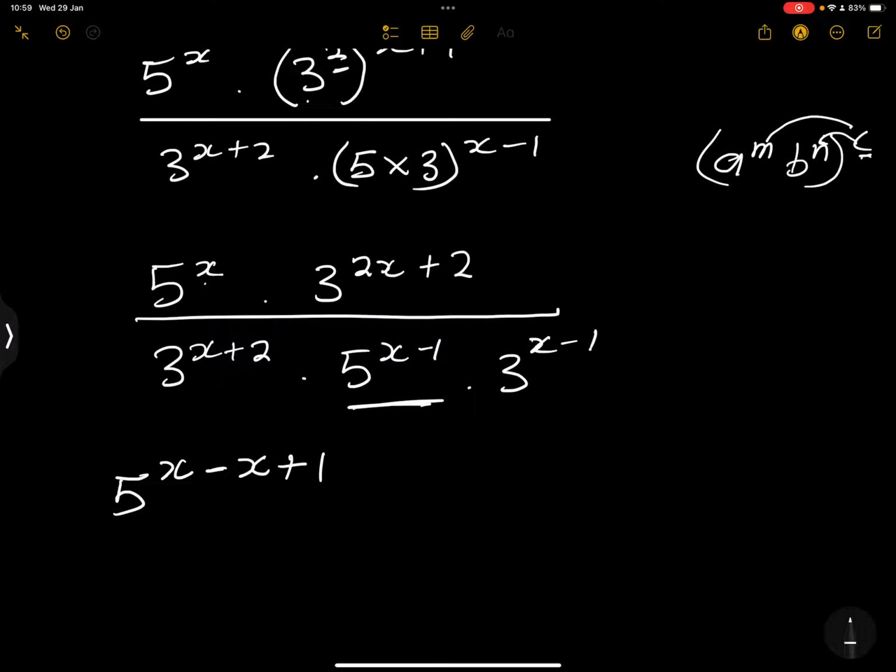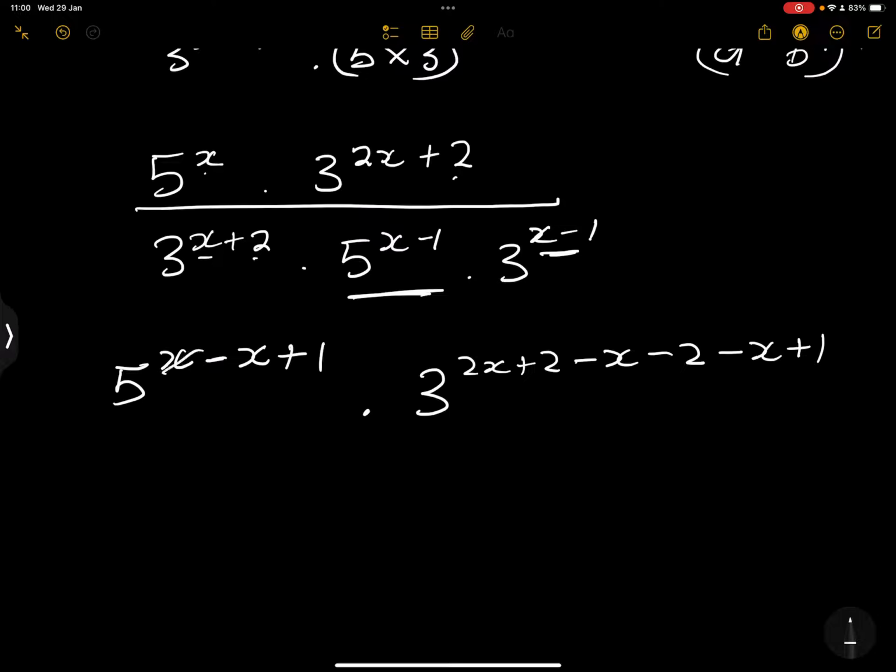Right, and then let's go to the 3. So I've got 3 at the numerator. I've got 2x plus 2. At the denominator, I've got x plus 2, but remember it changes sign. That's minus x minus 2. And this also changes sign too. That's minus x plus 1. Okay, so finally, so we've got